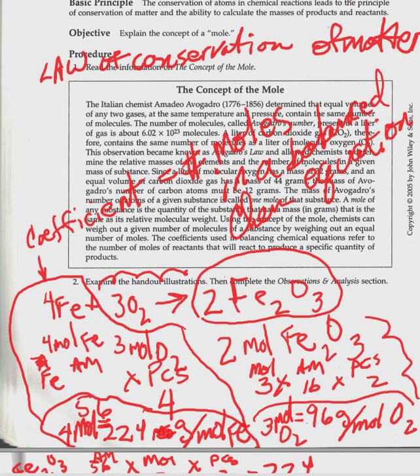So we can take 4 moles of iron combined with 3 moles of oxygen to make 2 moles of iron 3 oxide. You get the 3 from the subscript on the right-hand side. The basic rule of thumb is that the coefficient equals the number of moles,